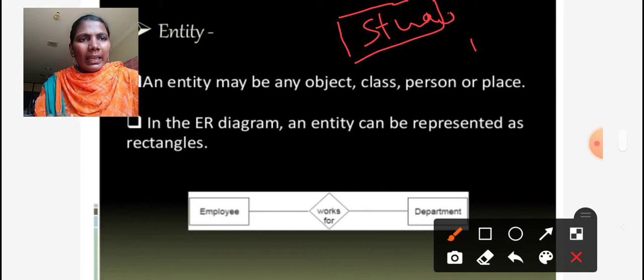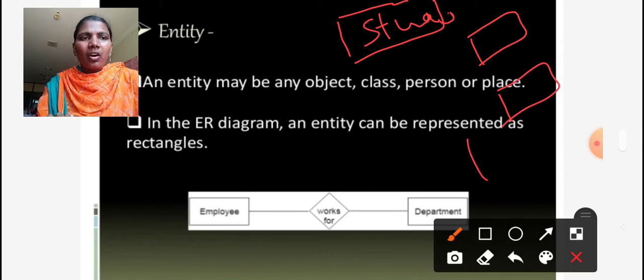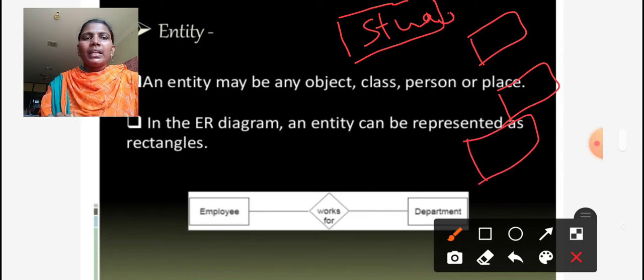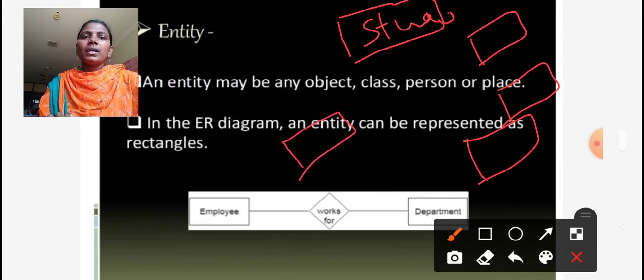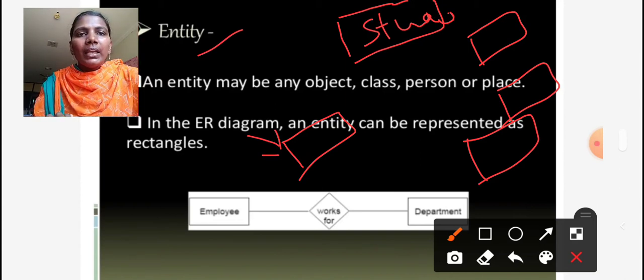Employee is a database, customers is a database, orders is a database, and customer details, bank details are also databases. The database name itself is called an entity, and the entity will be represented with the rectangle symbol.